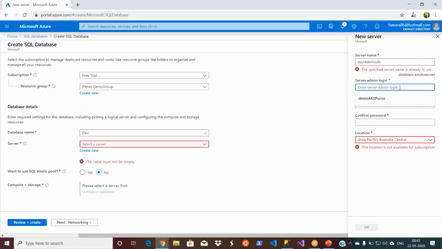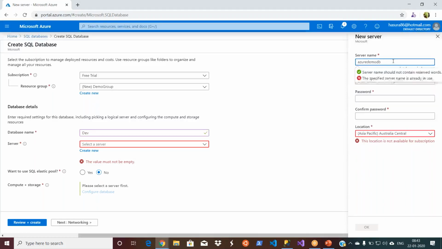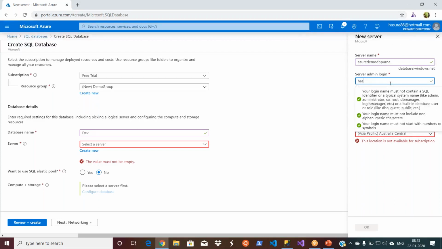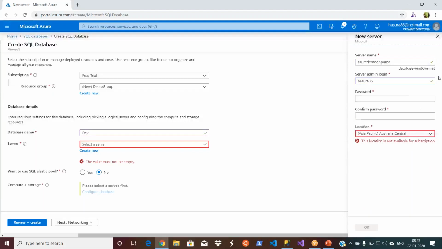It's already in use, okay, I'll make it Purna. That should be available. Okay, and I'll give the same user ID so that I can remember. Okay, and then the password.